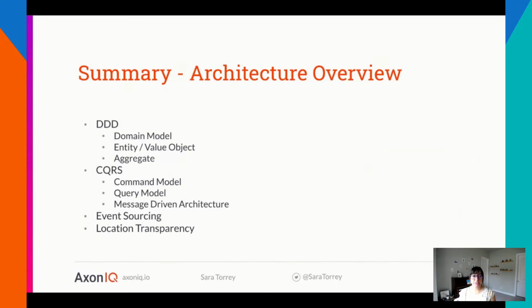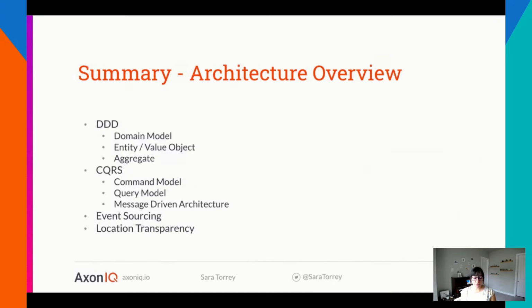And then we talked about CQRS, which basically separates the concerns of your application into two different parts. One part takes care of the intent. The other part takes care of receiving and retrieving information, which is your query side. And the events then make it possible to be published on the command side to update the query model, but also in instances that you need, it will also update your command model.